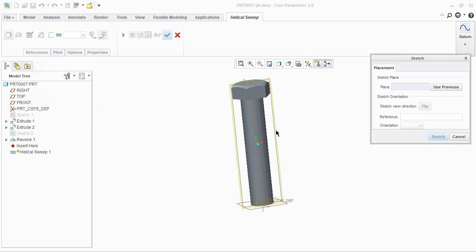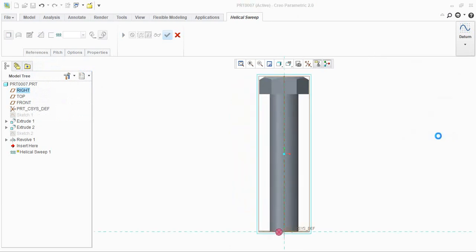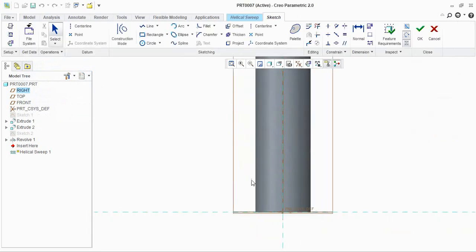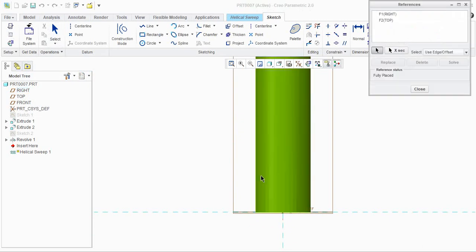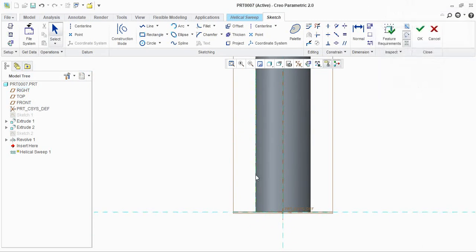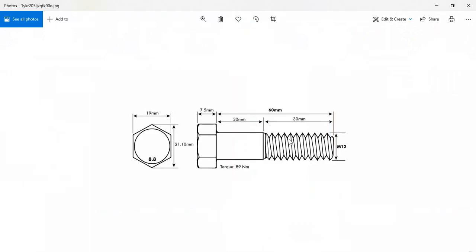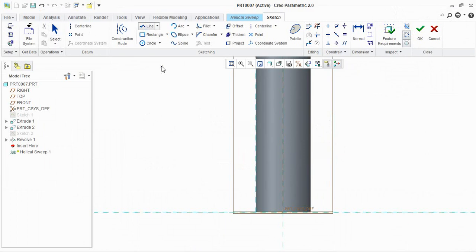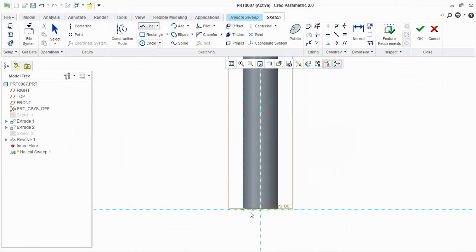So select define, select the plane and then sketch. Again use the reference option and select the corner edge. In the diagram you can see the thread is given for 30 mm length. Take the line option, select this corner edge of the bolt and make a line.